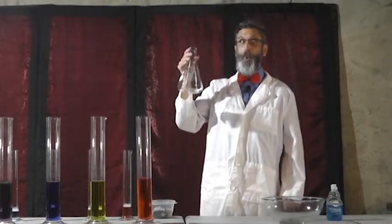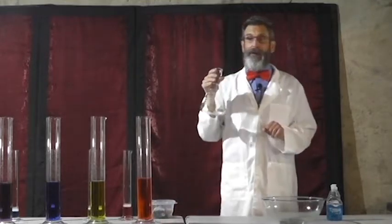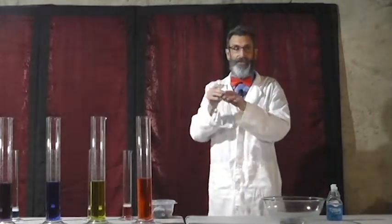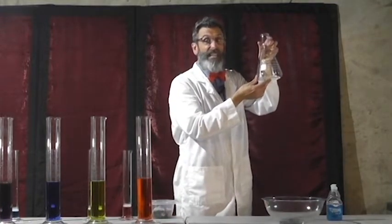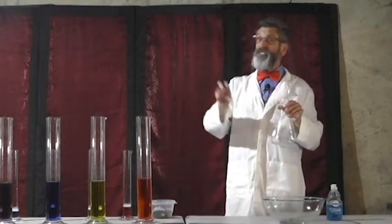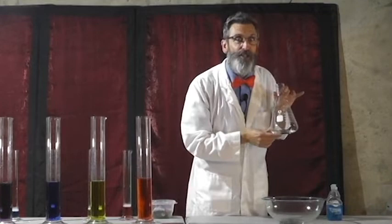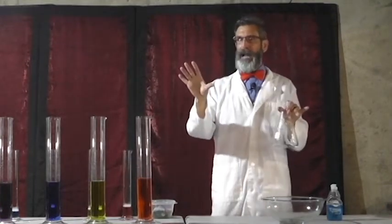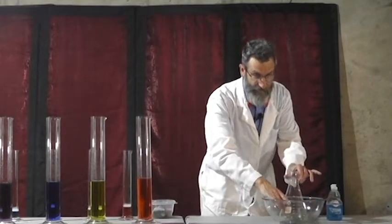Everybody say, ooh. Now you might have hydrogen peroxide at your house. Now, this hydrogen peroxide is 35%. The kind you have at your house is only 3%. This is more than 10 times stronger. I don't want to get it on my skin, so I am going to put it right here in the